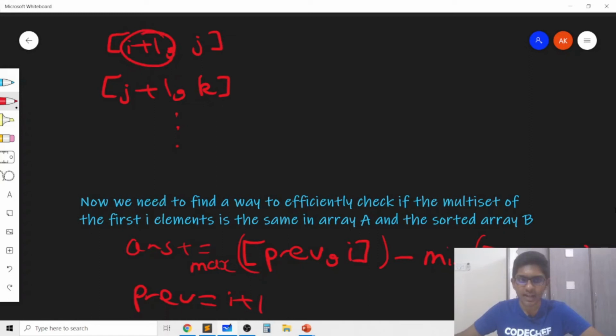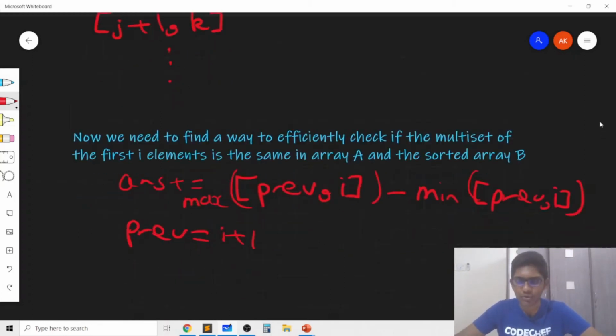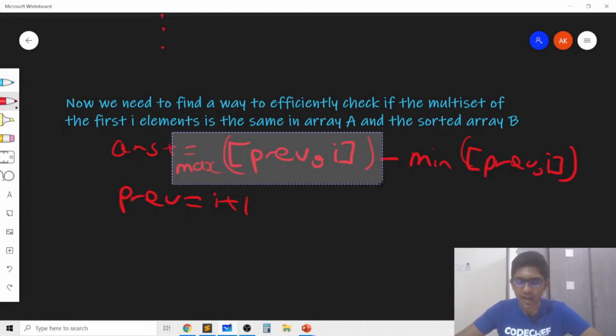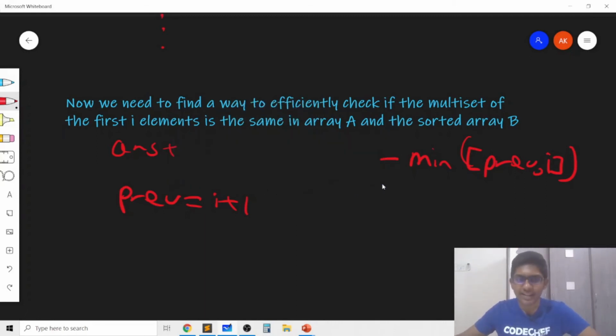We are then setting the starting element of the range to be I plus 1 and the current element to be j for the next iteration, for the next operation, and these would be the two lines of code which you would do. So the maximum element in the range previous to I is actually given by b of I. And why is that true? That's because we know that the array B is sorted, so we know that it's sorted in non-decreasing order, or basically in increasing order, and that's why each element is less than or equal to the next element,